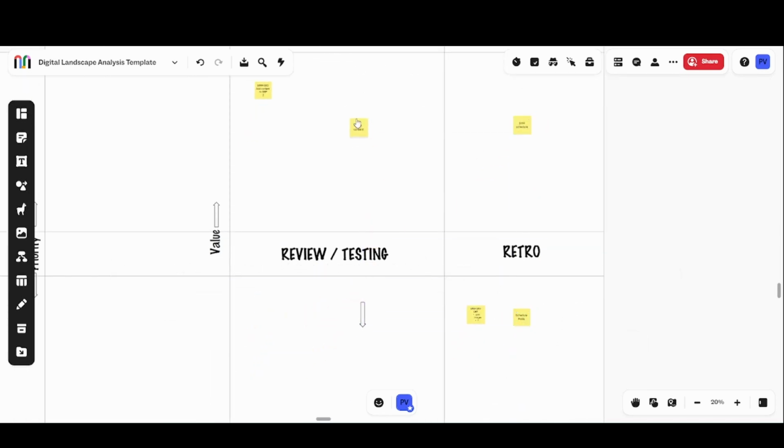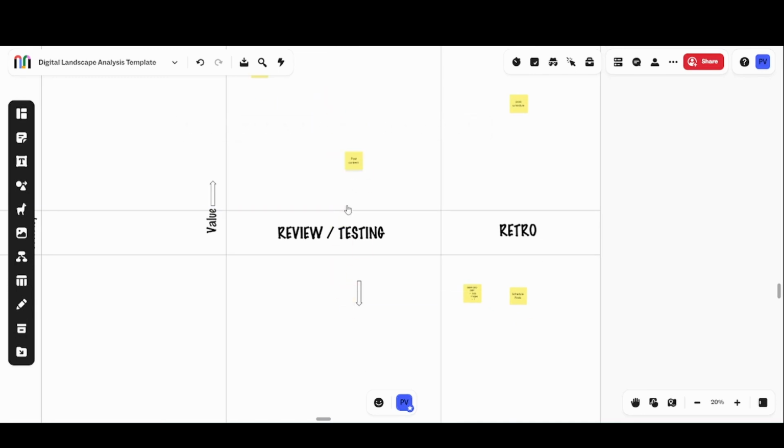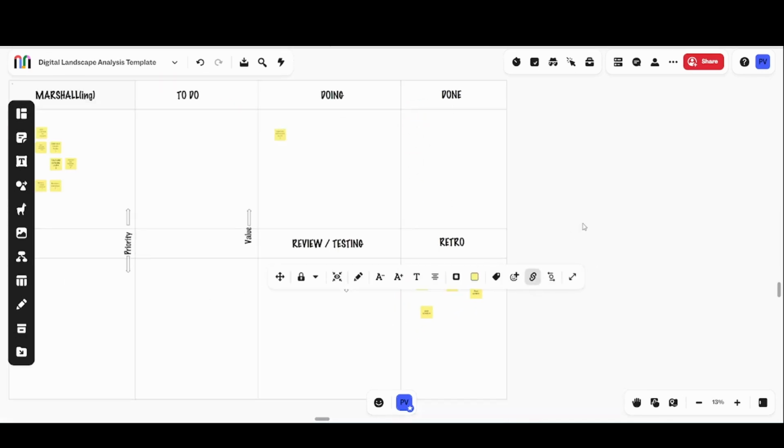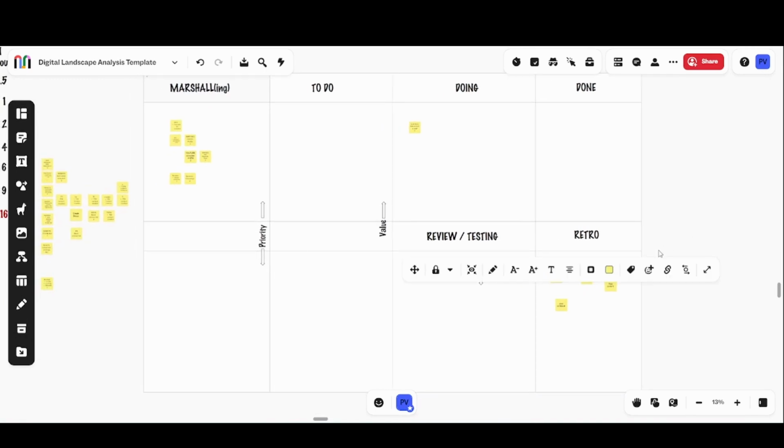When something's not done to standard or requirements, they will take it back into doing, and it'll follow this sequence again until it is done. Then all of these will go down into retro. You don't necessarily have to do all of them, but if there are tasks that are a little different to the norm and you want to learn from that or share things with the team,